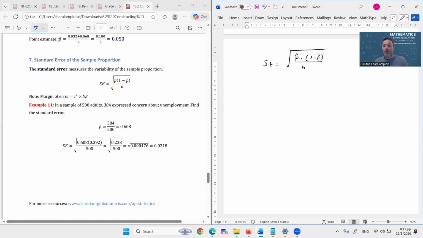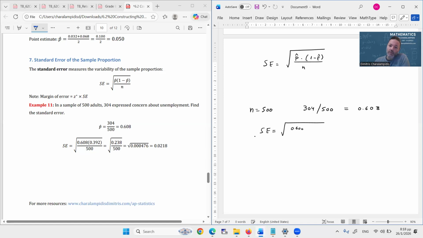In a sample of 500 adults, so n is 500, 304 of them, so 304 out of these 500, which leads to a sample proportion of 0.608. So 304 of them expressed their concern about unemployment. Find the standard error. Okay, the standard error would be